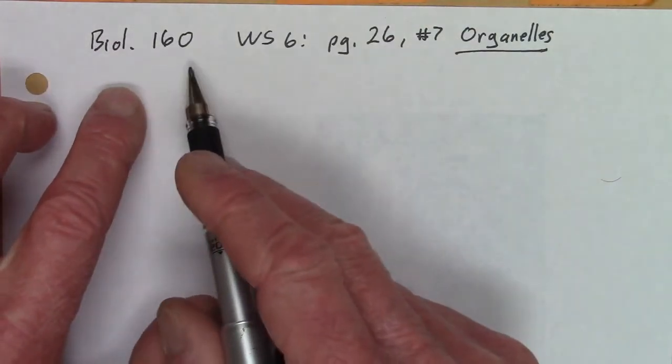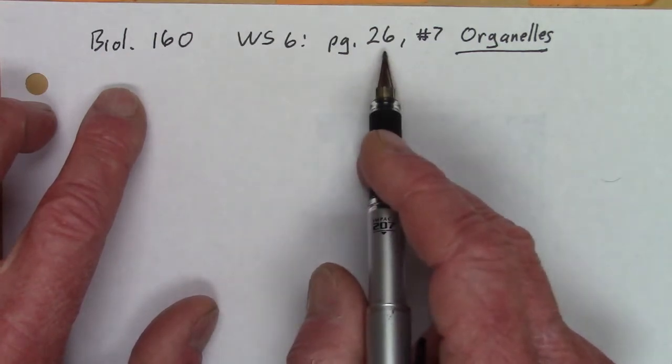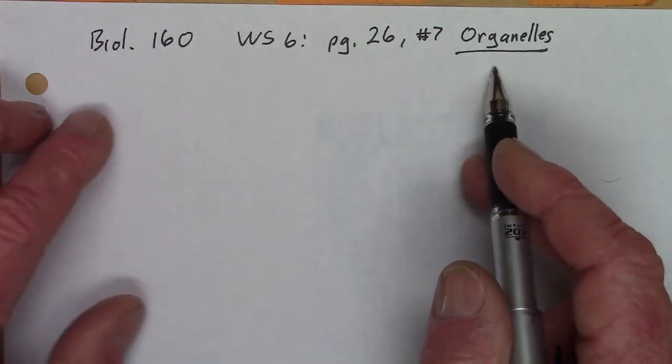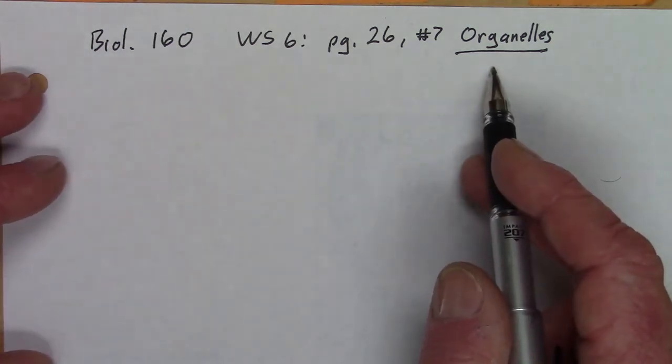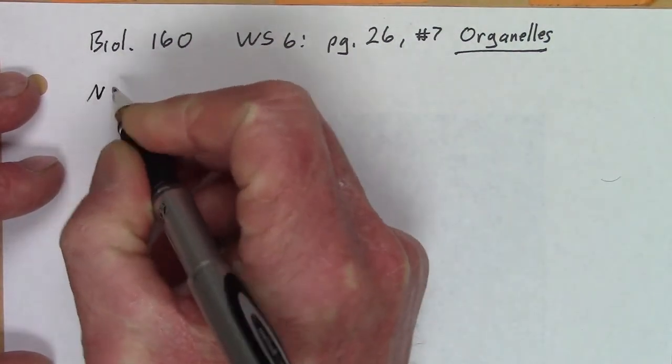So we're back to Biology 160. We're still working through worksheet number 6. I'm on page 26, number 7, doing these organelles, and they're listed in order, and that's the way that I'll go through them. So the nucleus, our first organelle,